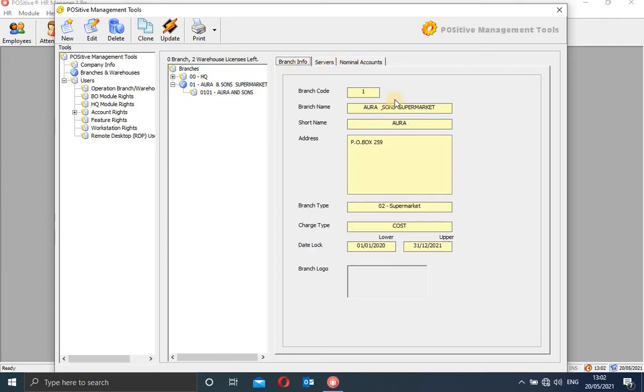Looking at the branch information, branch 1 could be code 1, and then the branch name, the short name of the branch, and then the address. Then here you include the branch type. If it is a supermarket, a wholesale, a manufacturing company, or a factory, you indicate the branch type. Then you set the charge type, that is the cost. Charge type is the cost because we've put cost to cost prices, which we explained in the back office module. Please refer to the back office module so that you may understand why